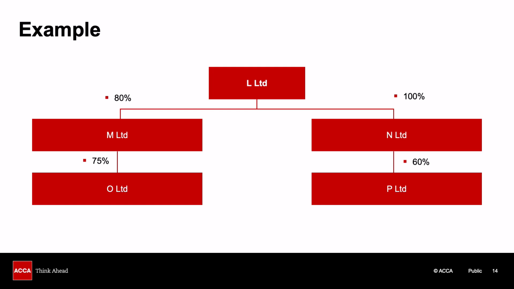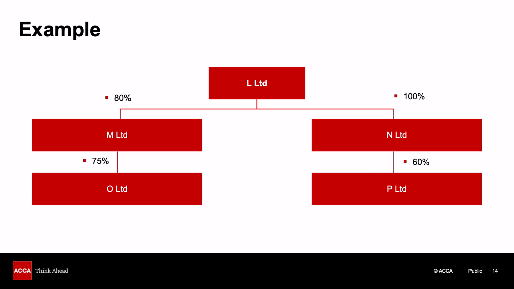Let's look at an example. We've got L Limited, which is the parent company here. It's the one at the top of the structure. It's the one with the holdings in subsidiaries. To see which companies would be in the same chargeable gains group with L Limited, we are looking for two criteria to be met. We need to have at least a 75% relationship at each level of the chain,